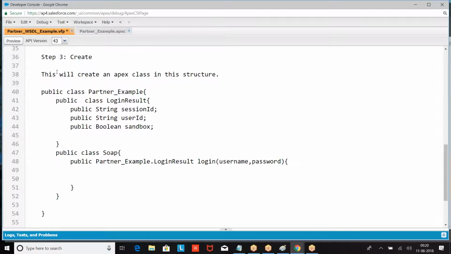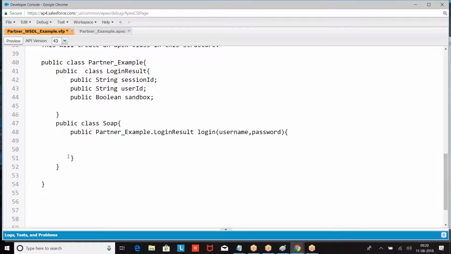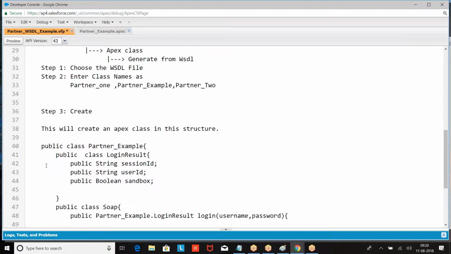This is a structure that is created. When this structure is created, how do you access the class now? If you want to access any inner class, how do you do it? So create an object for the